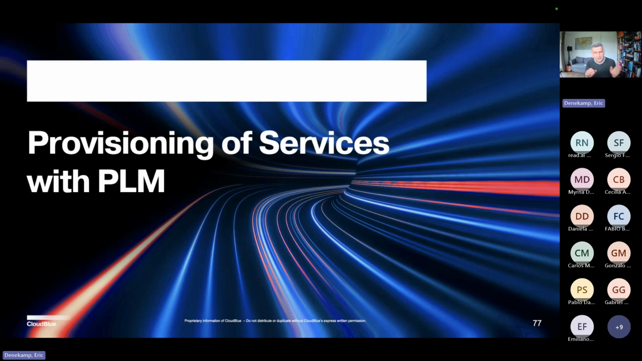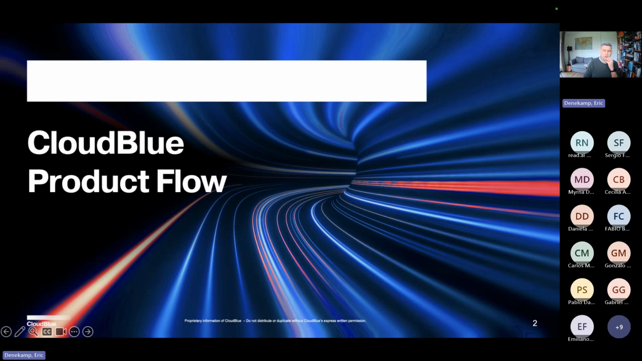somehow registered, etc. So what I'm going to talk about is provisioning of services with PLM. Why are we talking about provisioning services with PLM? I don't want to do that yet. I want to first talk about the product flow. Sorry, I was somewhere at the bottom of the module. So why do we want to talk about product lifecycle manager? As I said before,